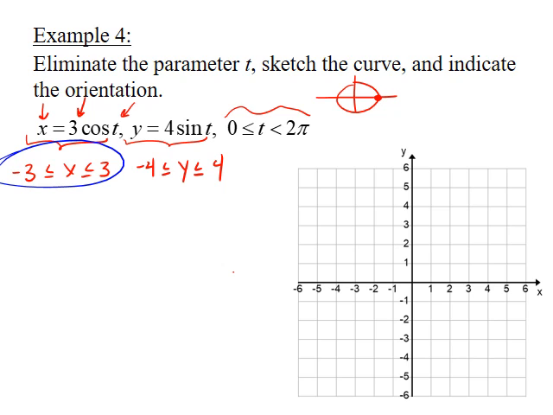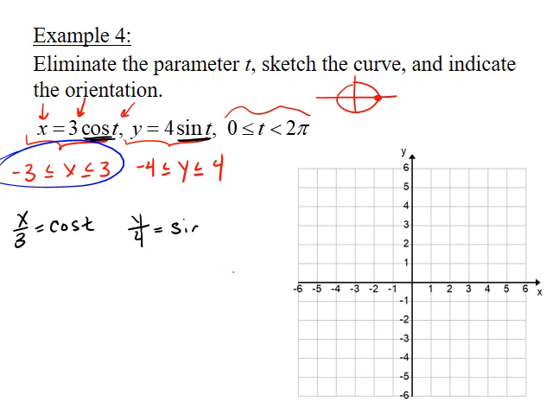Okay, now solving for t in one of these equations gets a little tricky because I would have to apply an inverse trig function. So what we're going to do is take a different approach, and chances are this is not something that you would have thought of on your own, and that's perfectly fine. But this is an approach that you'll want to take moving forward. So what I'm going to do is get cosine of t by itself and sine of t by itself. So I'm going to divide by 3 to get cosine of t, and I'm going to divide by 4 to